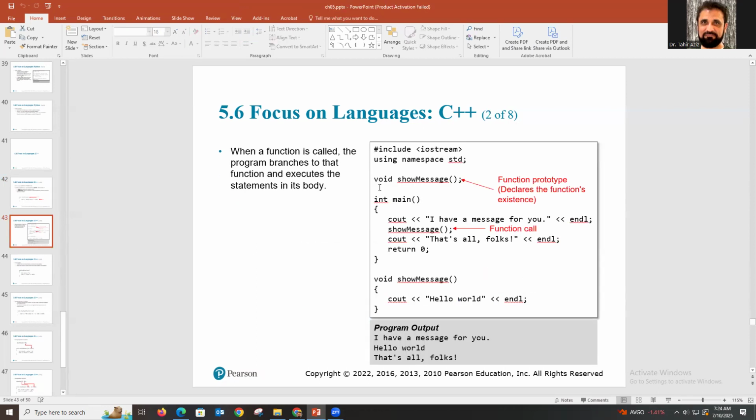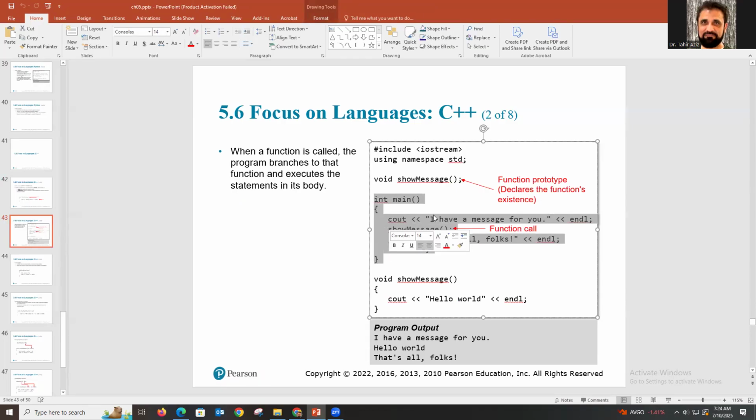You can call it, so let's say this is your main function. So this is your main function here. In the main function, you're calling show message here. Show message exists right there. This is the body of the show message, but the signature or the header of the function is copied and pasted above the main function. The reason is in C++, it doesn't know where the function is. When you provide that prototype, it's called prototyping, then the compiler understands this show message exists somewhere,